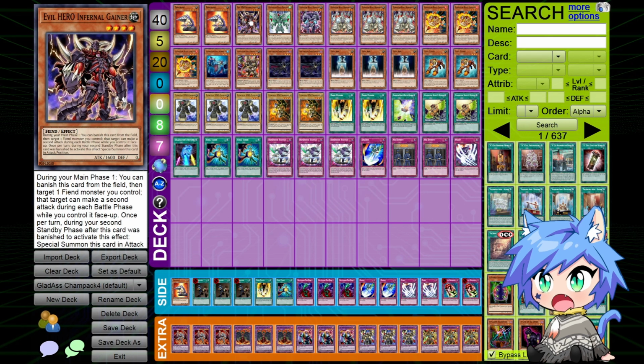Then we have Infernal Gainer, which is also here for the meme that I was just talking about with Sparkman, Clayman, and Dark Fusion. It's a level 4, 1600 attack power Fiend, Evil HERO Infernal Gainer. During your main phase, you can... that's a new HERO archetype, guys, by the way. That's the third HERO archetype, by the way. And it's kind of bad for 20 years. And then they print three good cards, and then Omni Hero has to start playing Evil Hero. Because now Omni Hero has to rely on...